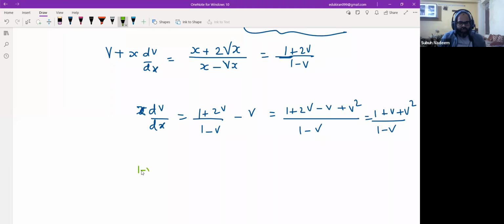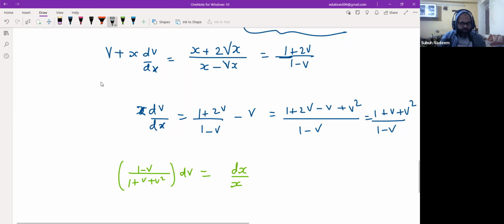So this will be (1 minus v) by (1 plus v square) dv is equal to dx by x. So we can write it like this. Now this is variable separable. This is what we have done earlier. So v with dv and x with dx. Now when we integrate them,